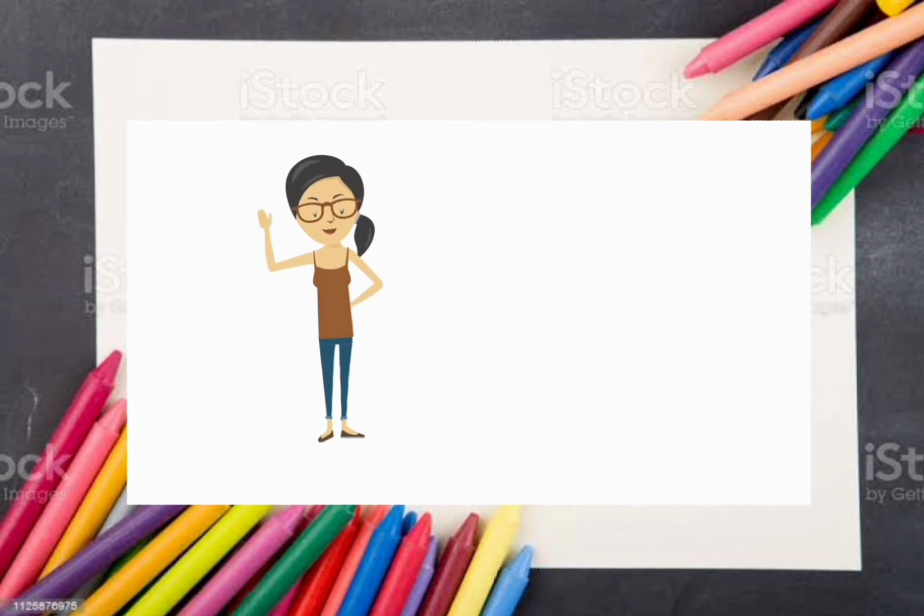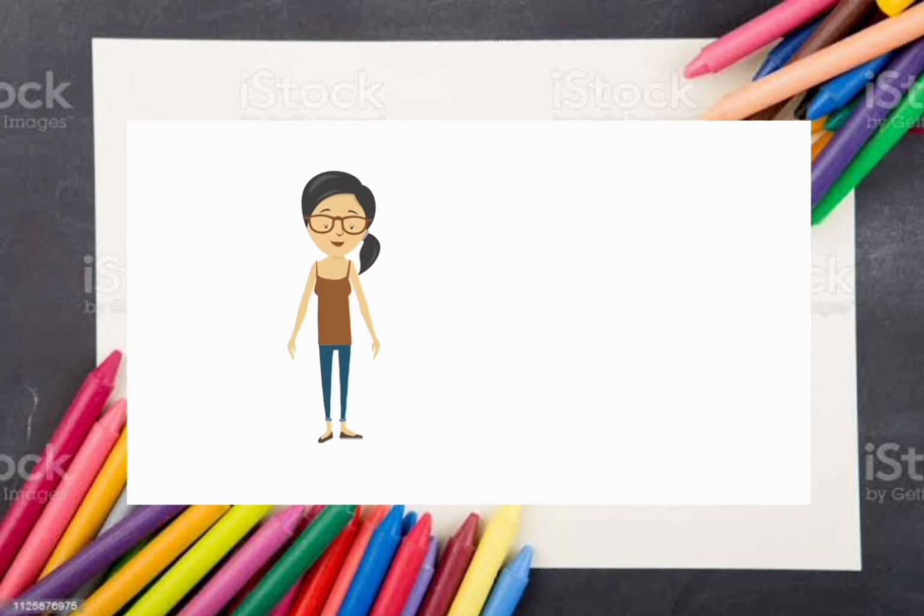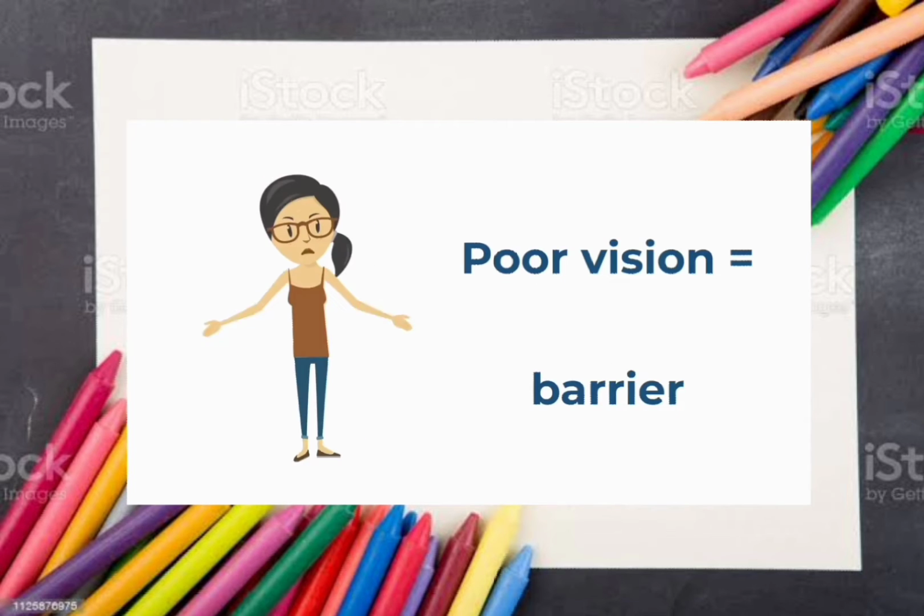Think of someone who wears eyeglasses. Does this person have any special advantage or power over the other students who aren't wearing glasses? No. But if they didn't wear glasses, they wouldn't be able to read the blackboard or the textbook or their exam. Having poor vision would act as a barrier in their learning and assessment, and it has nothing to do